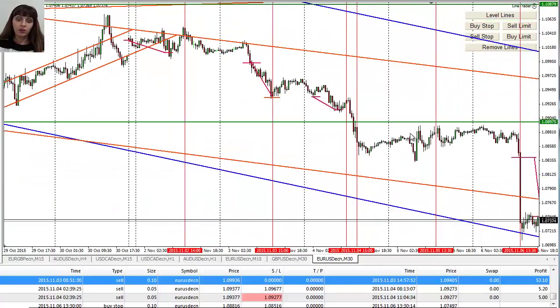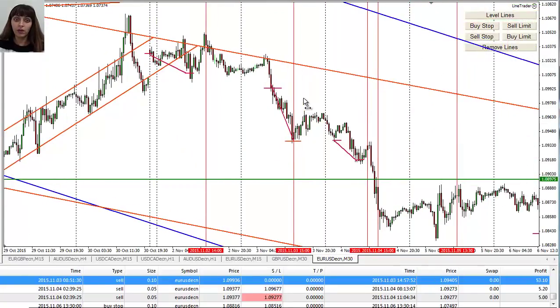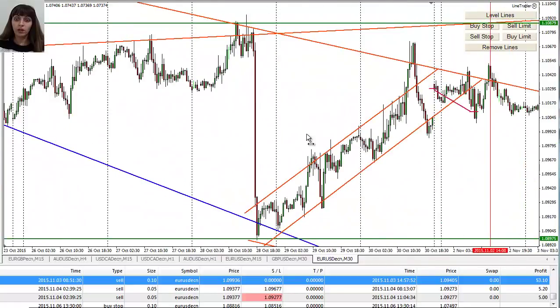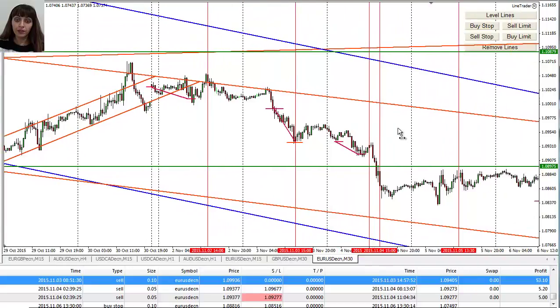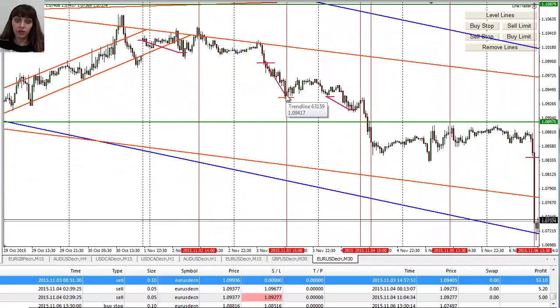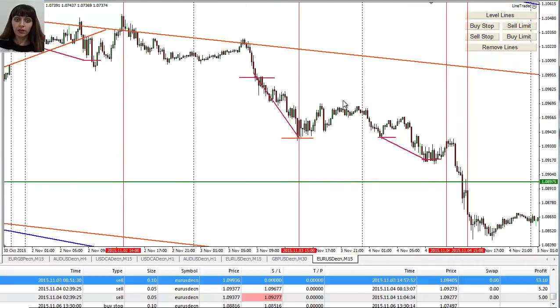So I could have, let's say, closed maybe half the position and let it run a bit longer, because it's obvious we have a downtrend on euro. It's a downtrend, and it's been going for a while, as you can see. But you know, I don't like to risk too much, so I decided not to, and I closed the trade. But I opened another trade the next day, and again here I saw just my usual system.